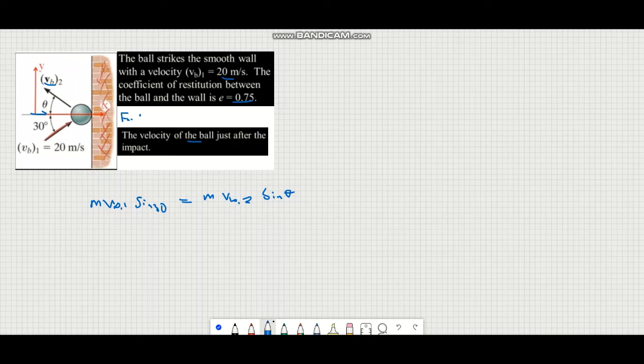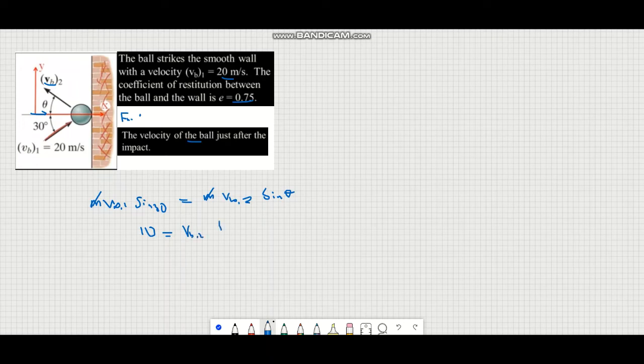So this m is gone because it's the same, it's just one particle, and we know that the initial velocity is 20 meters per second with sine 30. Sine 30 is 1 over 2, so 20 multiplied by 1 over 2 is going to be 10 here, and